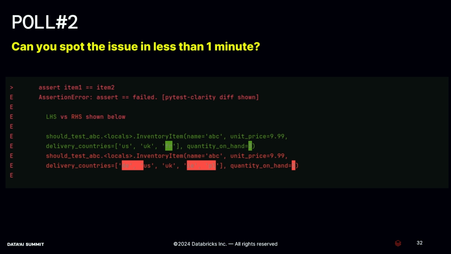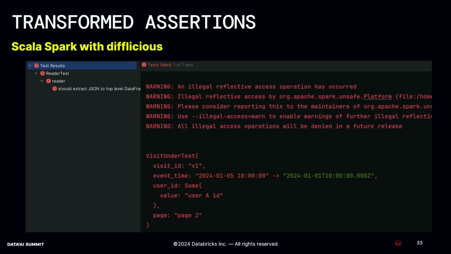Yeah, it's clearer. And that's because we are using a thinkless assertions library. If you didn't see the arrows, I just put in the arrows. So when you're using Scala Spark, this library is called Deflicious. And as you can see on the screen, it compares left to right, which for me personally is easy to read. I always try to propose this, but if you prefer column-based comparisons with data frames,